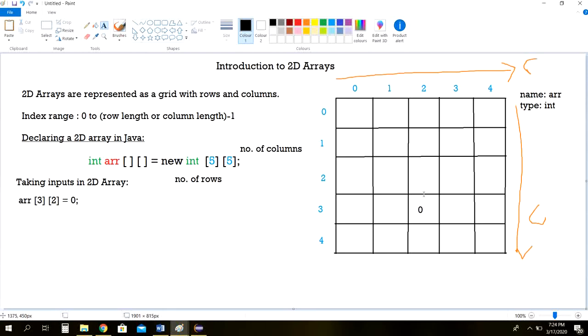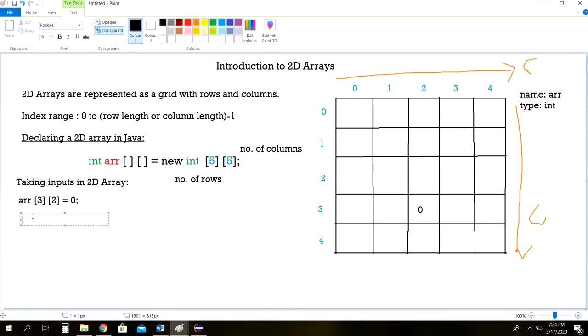Now if I want to take inputs into every single space of the array, I can simply use my for loop, which I've also used for my 1D array. So let's see how the for loop works here. So for int row is equal to 0. You're going to have to loop twice for 2D arrays. The first time you're going to be looping for rows, and the second time you're going to be looping for columns. So for int row equal to 0, row is going to be less than r.length